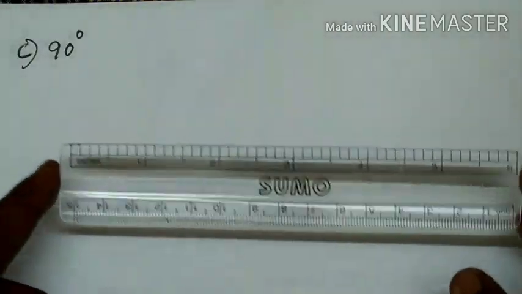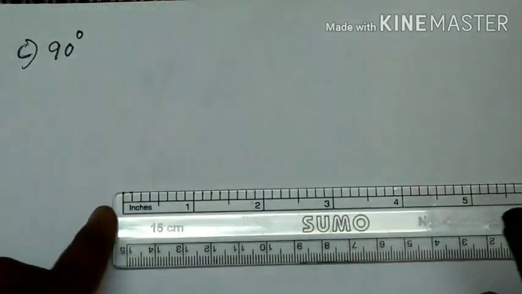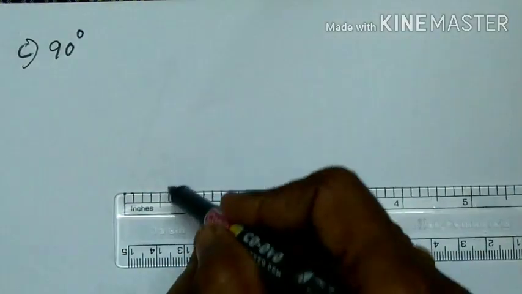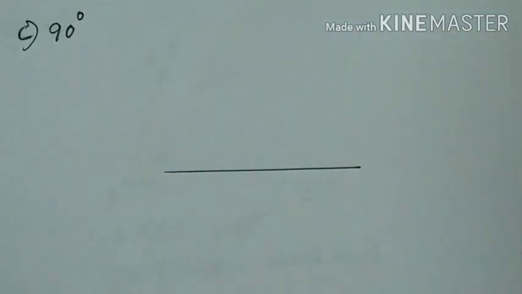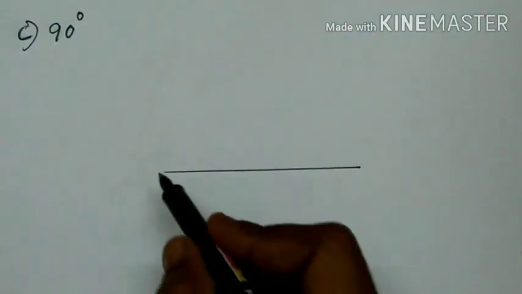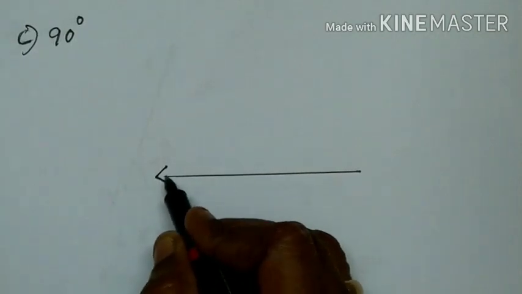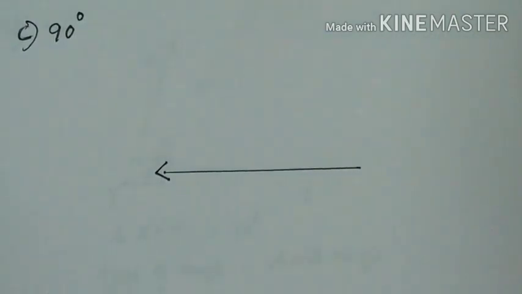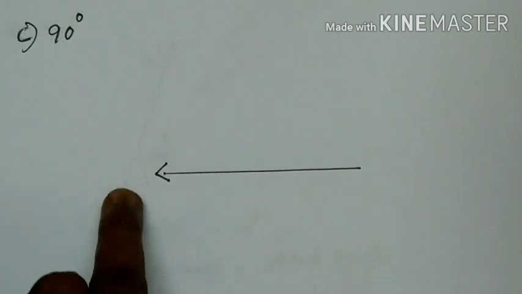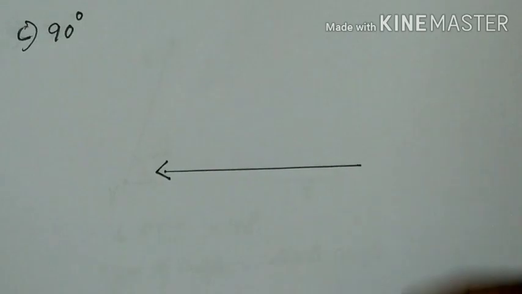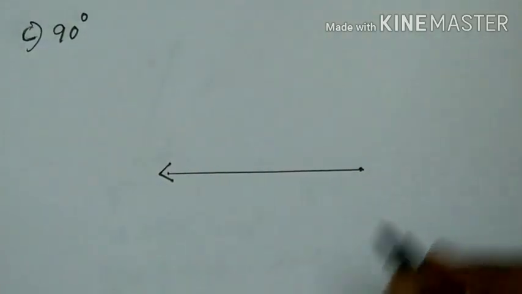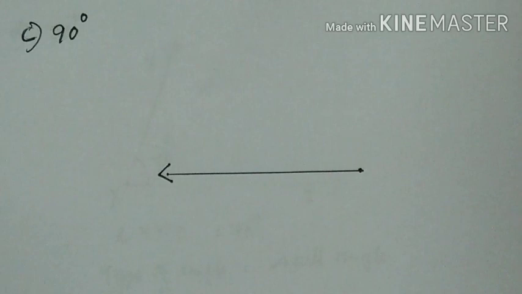90 degree. So first, what is the first step? Draw a ray. Okay, here I can change the arrow mark like this. So for angles we have to draw any designs. So now I can draw the left side arrow mark ray. So this is the vertex of the angle. So here, what is the next step?